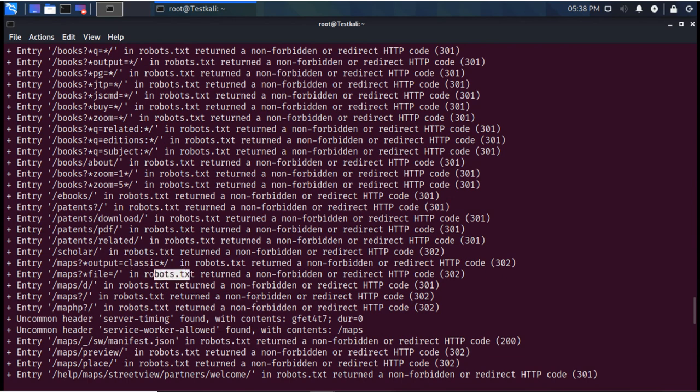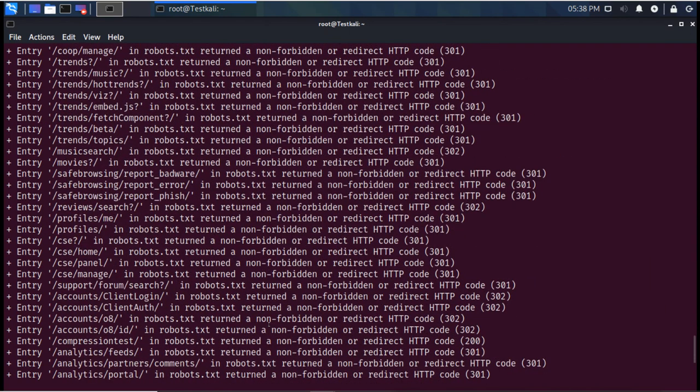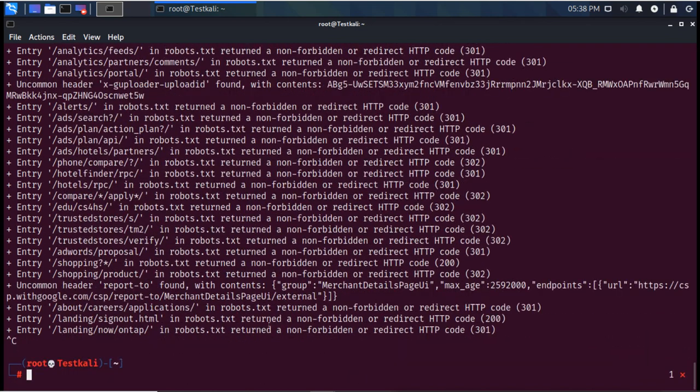The robots.txt file is to forbid all those directories which a developer doesn't want any crawler to scan. So this crawler is seeing this directory, but that directory is not present in the robots.txt. So it is saying that it is not forbidden in the robots.txt file, and that we can scan these directories. It will take some time and it will scan those things.